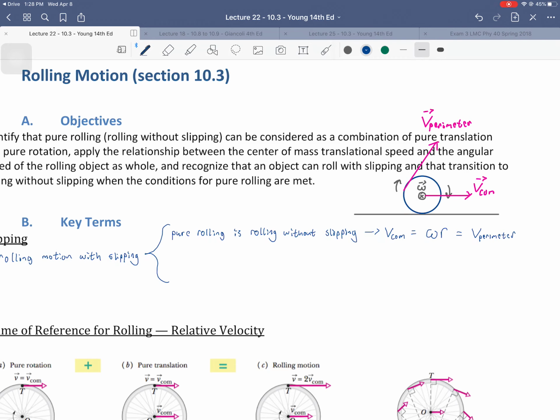It's something we've touched on briefly, and it's something we'll see in this section in a more direct light, but it's not the only type of rolling motion. And in fact, I would say it is not the type of rolling motion that is the most interesting, the most complicated, or maybe the most memorable. That is in fact rolling with slipping. But what is that? All right, so then we have, on the other hand,